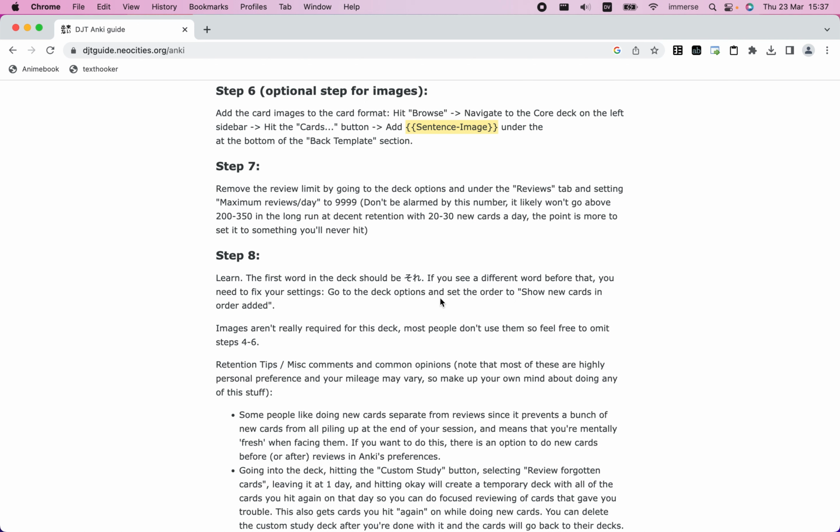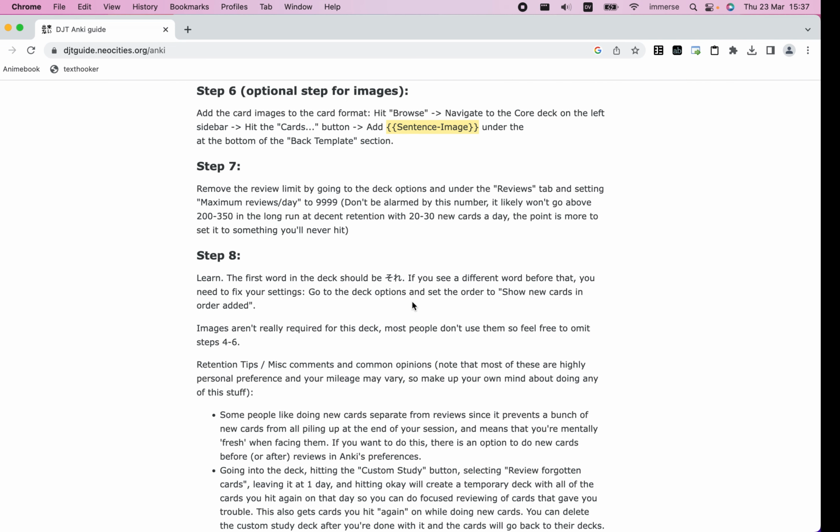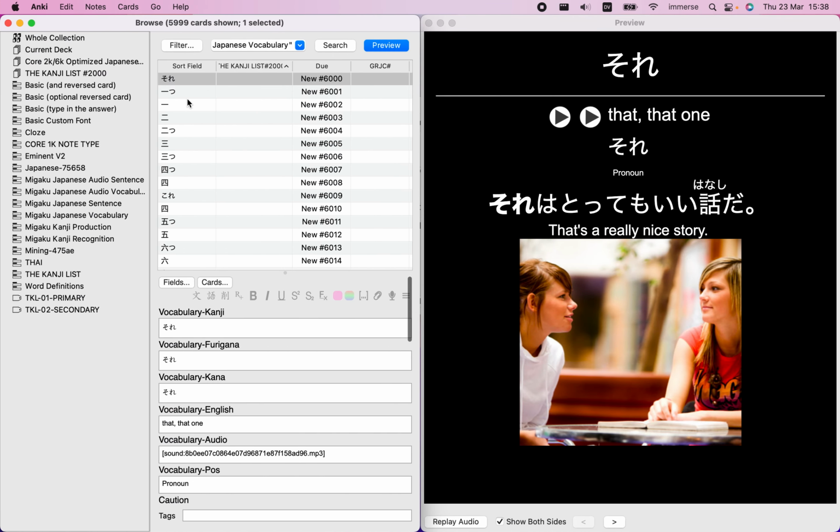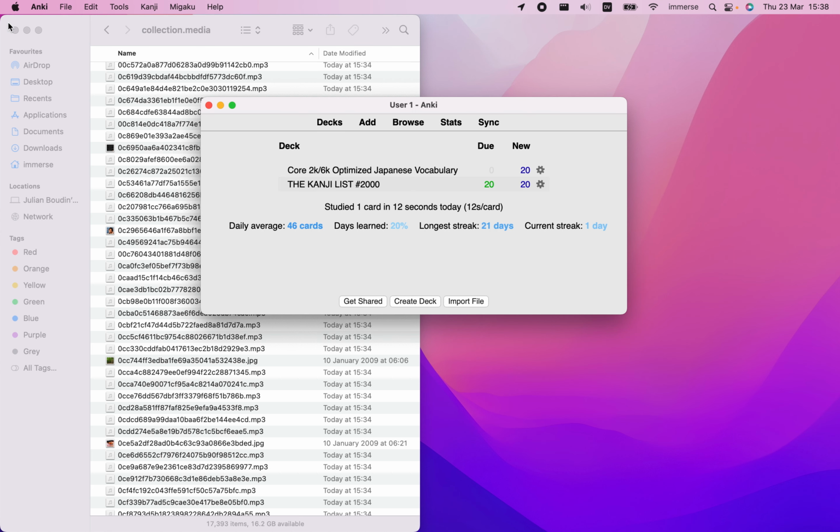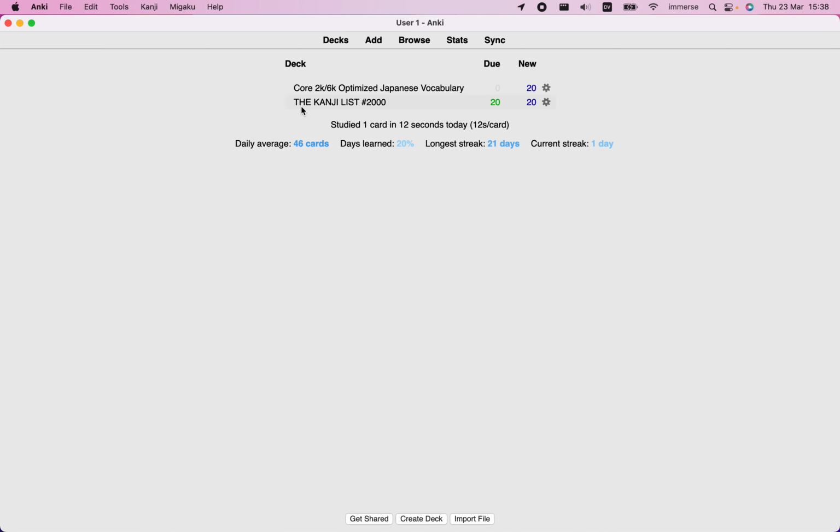Go to the deck options and set the order to show new cards in order added. So go to your deck options. So just in case the first word isn't sore, come out of here and you want to go to your deck options. So your deck options are in this cogwheel here, I believe. So find the core 2K, 6K deck, and if you just move your cursor across and then select on this cogwheel and then select options,